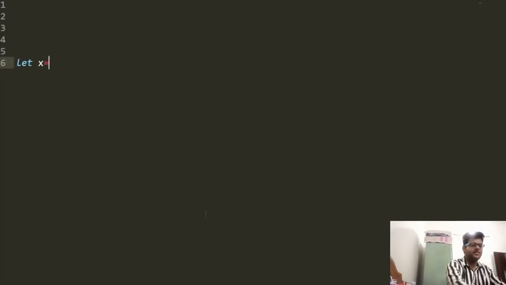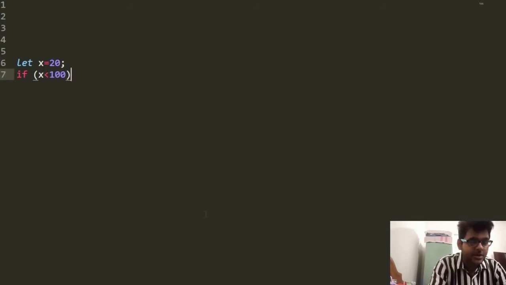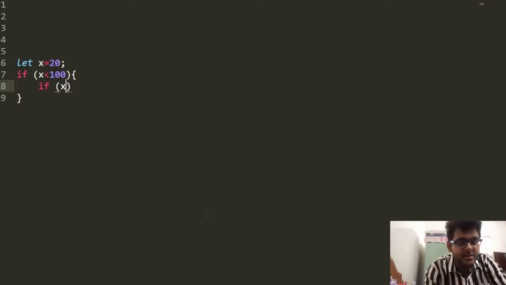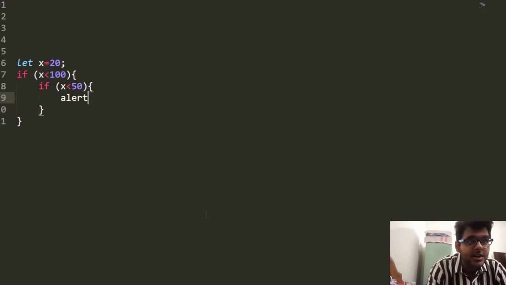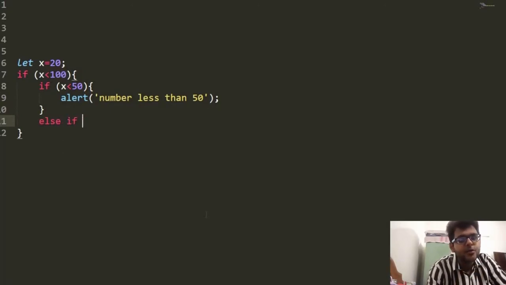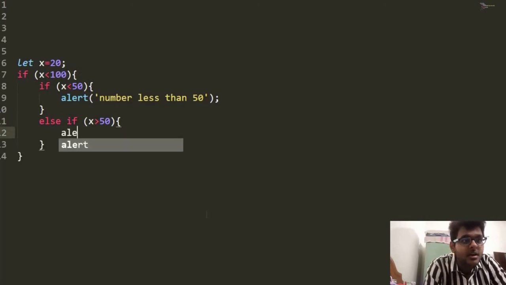So we say let x is equal to 20, and then we say if x is less than 100. Inside these curly braces we put our second condition, which is if x is less than 50, and we alert that the number is less than 50. Then we have else if x is greater than 50, and we alert